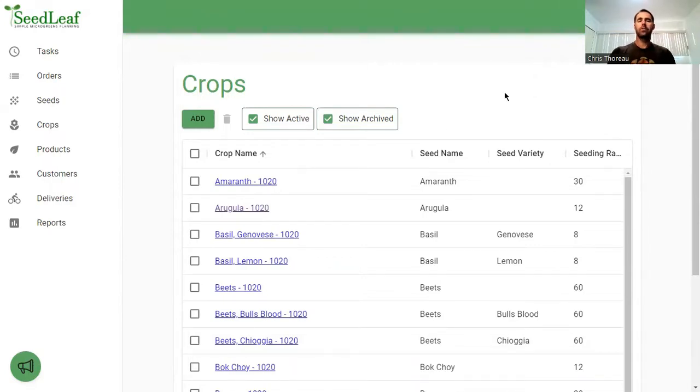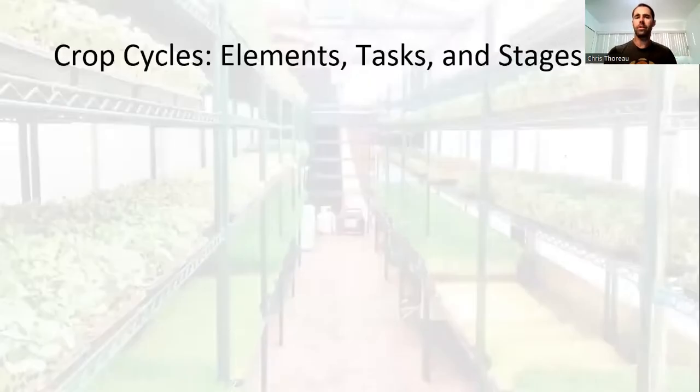In this tutorial I'm going to go in depth on our crops page. You can see I've navigated to our crops page here, but I'm actually going to start on a different screen just to go over some of the crop planning theory that we use here at SeedLeaf to run the program. We're going to look at three things about crop planning, and that's the elements, the